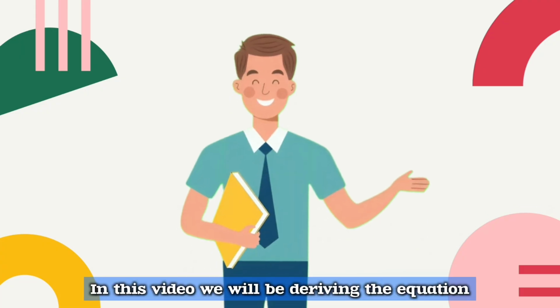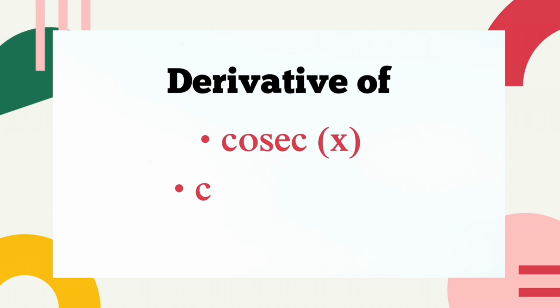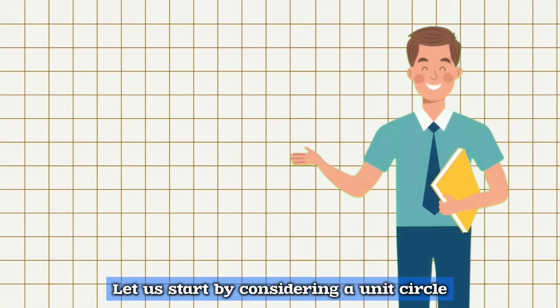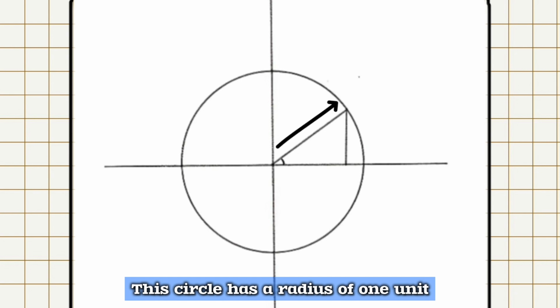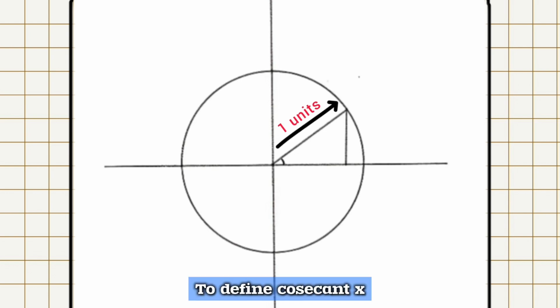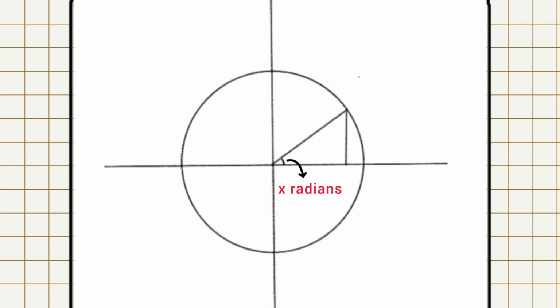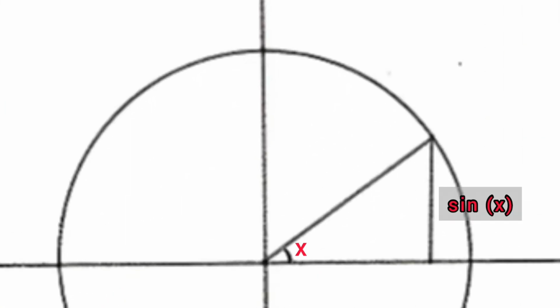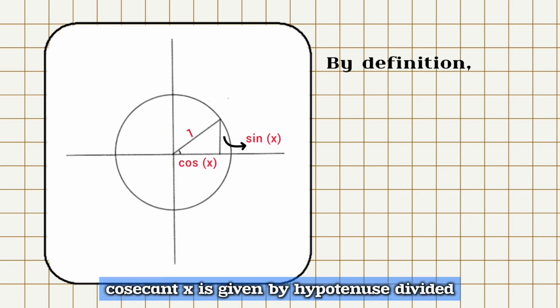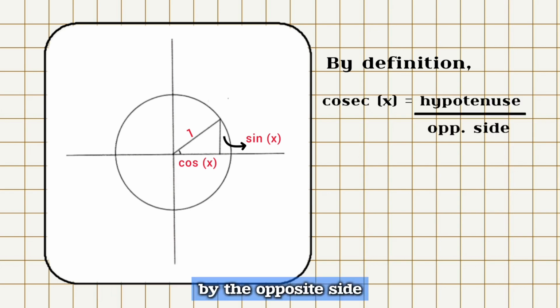In this video we will be deriving the equation for the derivatives of cosecant x and cosecant inverse x in a very intuitive way. Let us start by considering a unit circle. This circle has a radius of 1 unit. To define cosecant x, let us consider that the radius subtends an angle of x radians. The opposite side is the sine x side and the adjacent side is the cos x side. Then by definition cosecant x is given by hypotenuse divided by the opposite side, which is equal to 1 by